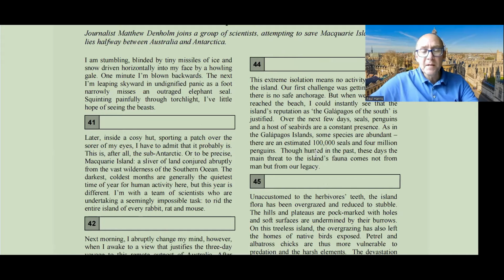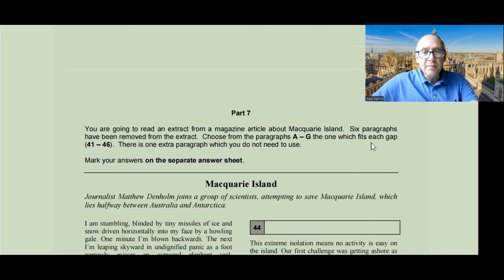So you'll need to think carefully about what is going to go in each gap to get the points. This part of the exam is quite important because it represents 2 points for each question. You need to think carefully in the reading part of the exam with regards to the time that you have and the amount of points that you can get for each question. Each of these gaps here is worth 2 points each, so it is definitely worth